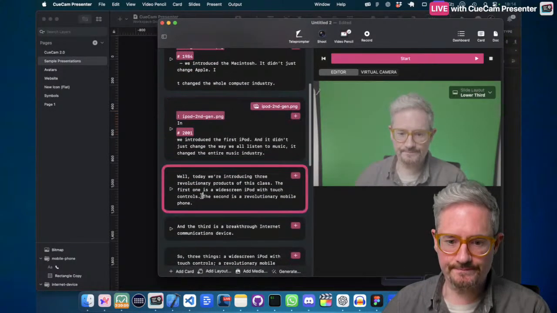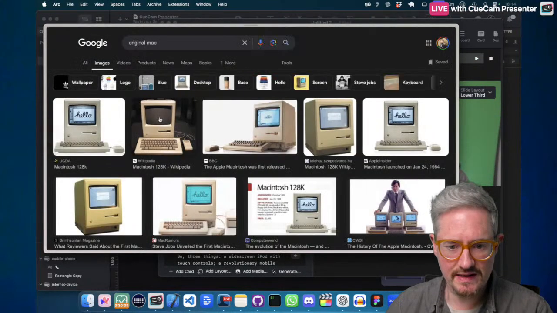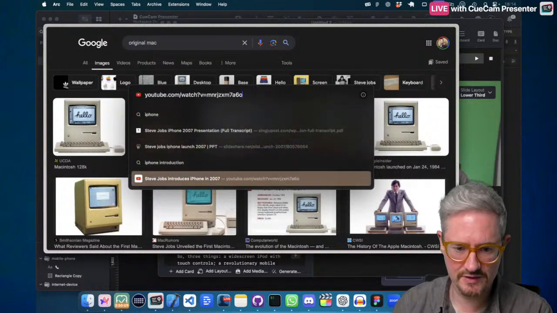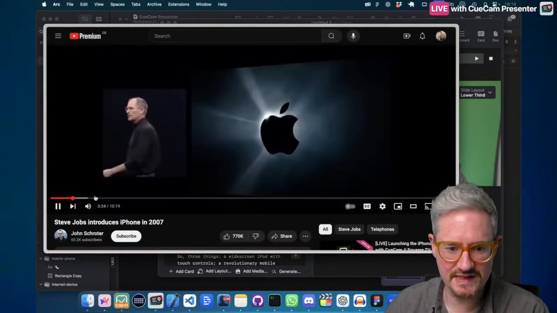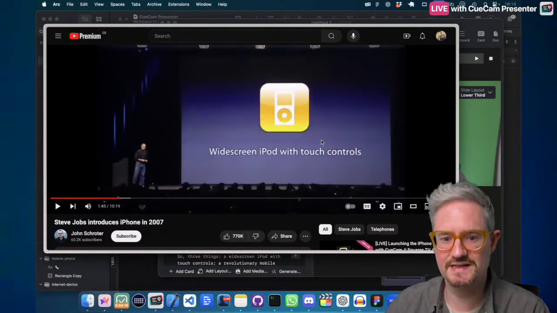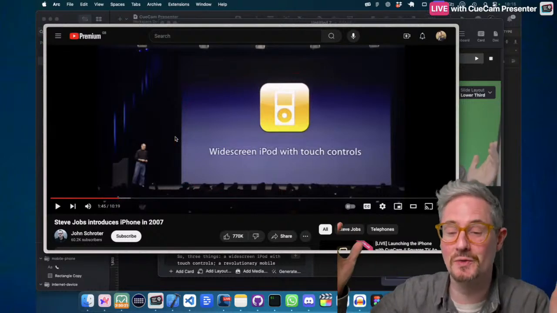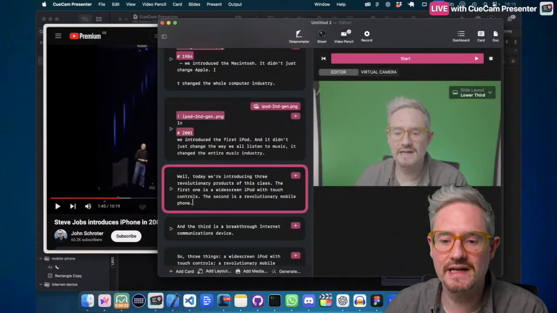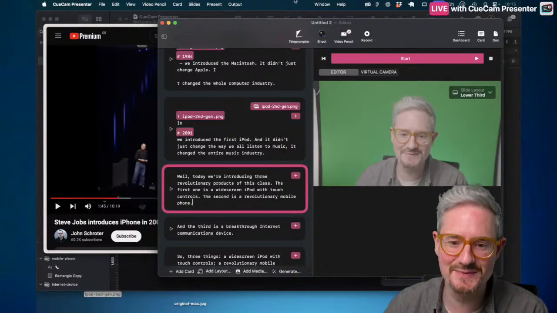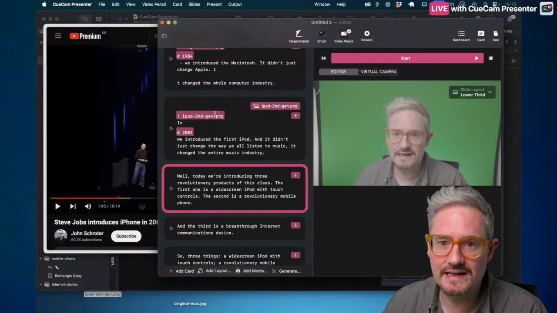So then there's this sequence of three. iPhone, Steve Jobs introduces the iPhone. Then he does these slides with this stuff. So again, he's really tiny down here, and then you've got quite a lot of space to fill. But when we're on a webcam, we can fill the space with ourselves. We don't need to be dwarfed by the content. So in that case, I